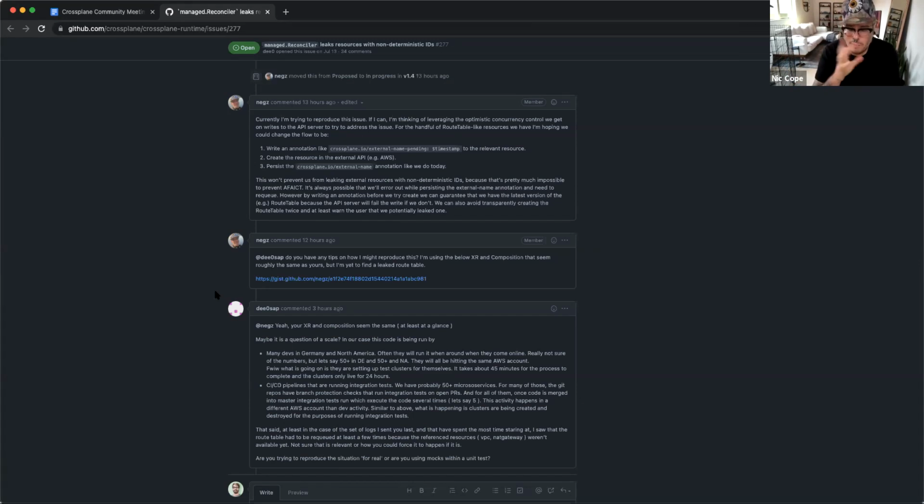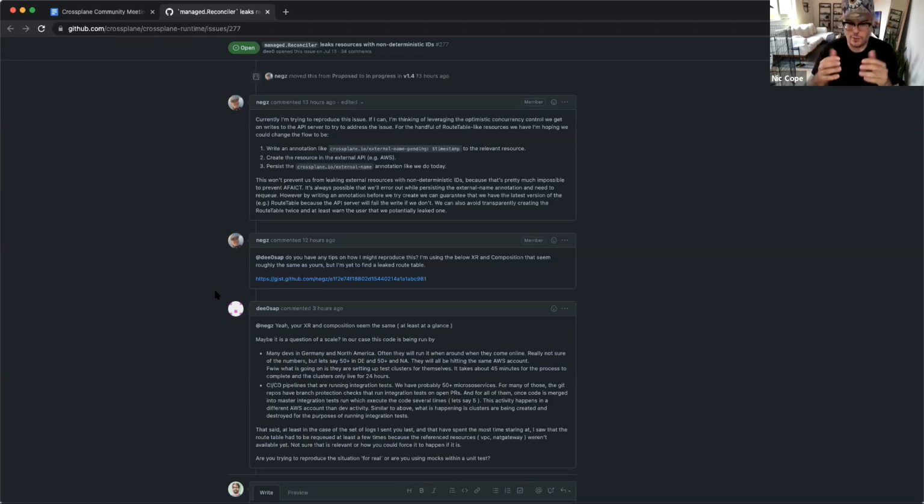The theory as to why that's happening is that certain resources, it's kind of an edge case, but especially at AWS, have what we'd say is a non-deterministic unique identifier, right? Without going into too much detail about how the Crossplane reconcile logic works, it is much better for us if we could tell the cloud what the unique identifier should be for a resource. So it's much better for us if we can say, look, create me a database called Bob, and then we can query on the next pass and ask, is there a database called Bob? And then we can figure out whether that database actually exists or not.